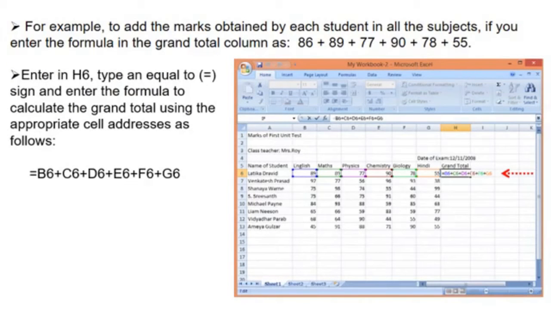Or, in cell H6, type an equal sign and enter the formula to calculate the grand total using the appropriate cell addresses as follows: equal sign B6 plus C6 plus D6 plus E6 plus F6 plus G6.